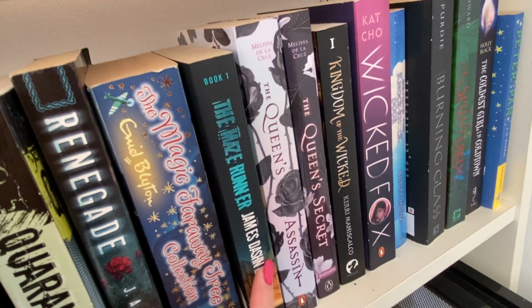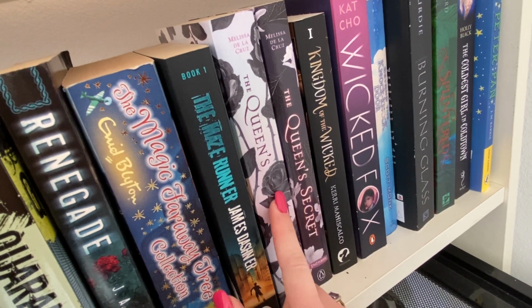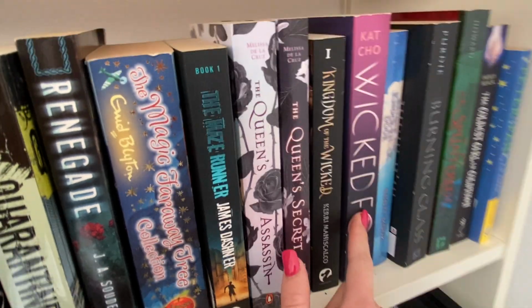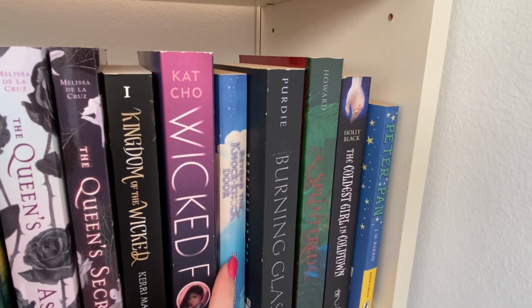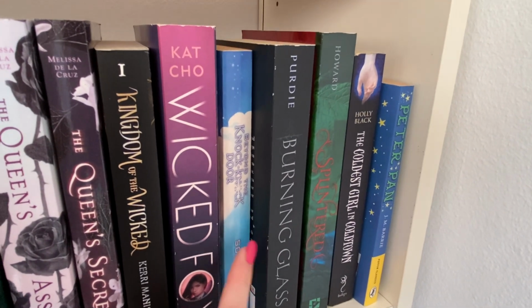Maze Runner, I love this. I'm going to read the whole series. I've never read this series, but it's been on my shelf for years. Kingdom of the Wicked, a more recent one. Again, I want to read that one. Wicked Fox, I want to read this one so badly. Again, this is another one I've had on my shelf for years and years, and this is like a sentimental one, so I'll never ever get rid of it. This is beyond the